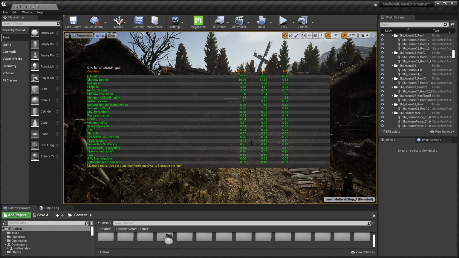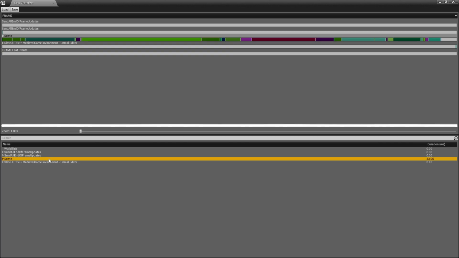Stat GPU happens to be a favorite of mine since it gives you an overview of the costs of different rendering features. For this though, I'll use the GPU Profiler. It's a lightweight little utility that color codes and graphs out everything we did to render the frame. I can either press Ctrl-Shift-, to invoke it, or the console command Profile GPU. That raises this window, which gives us a visual breakdown showing the relative timings of rendering features. I'll sometimes use the GPU Profiler before jumping into something more detailed like RenderDoc, because sometimes I can learn everything I need to just from here.